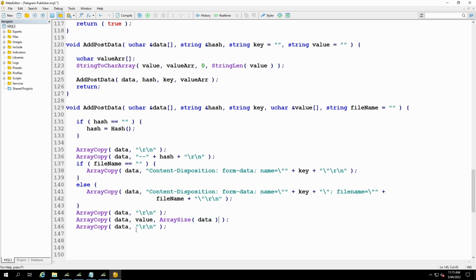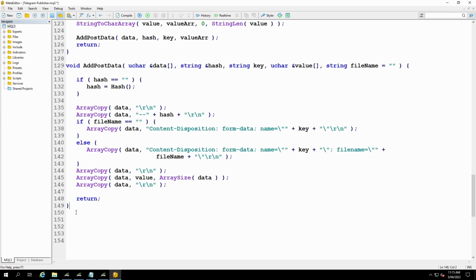And then I finish that all with a carriage return line feed. So that's the format for a single element being added to the post data array. And then I just return. Because I'm calling this repeatedly, it keeps adding data to the end of that post data. And now the array copy that I've written that accepts a string,